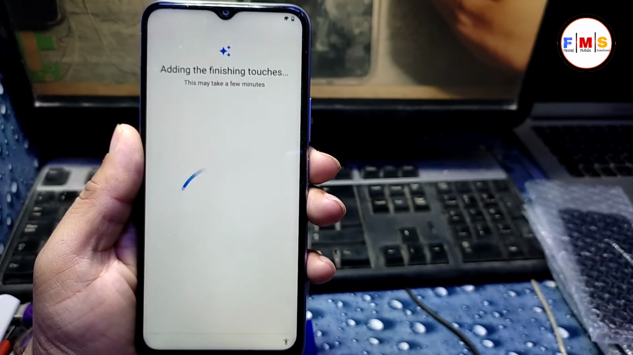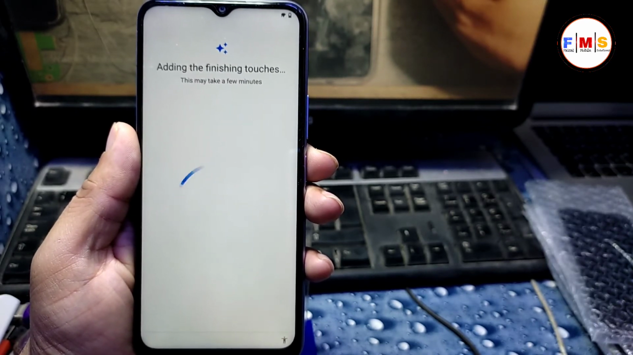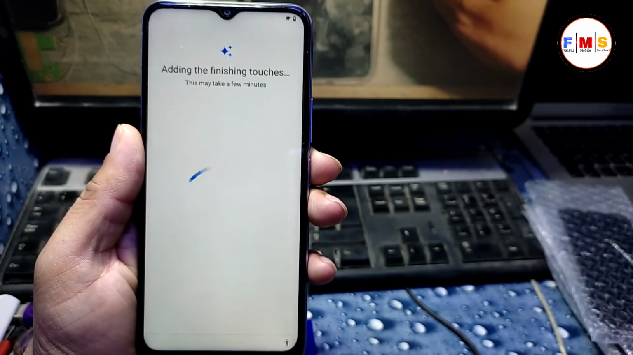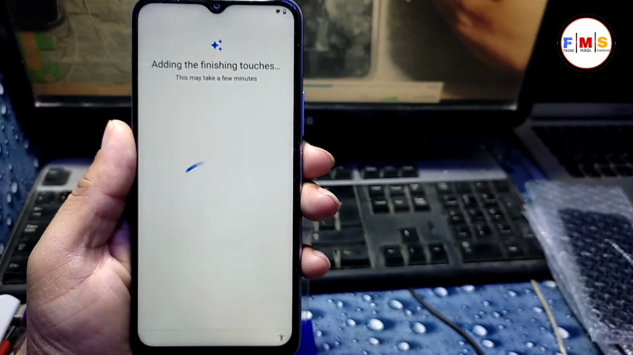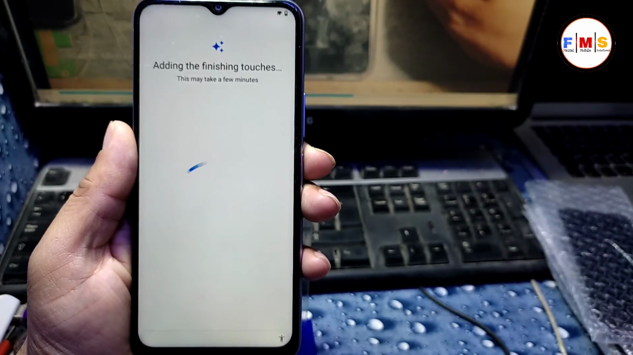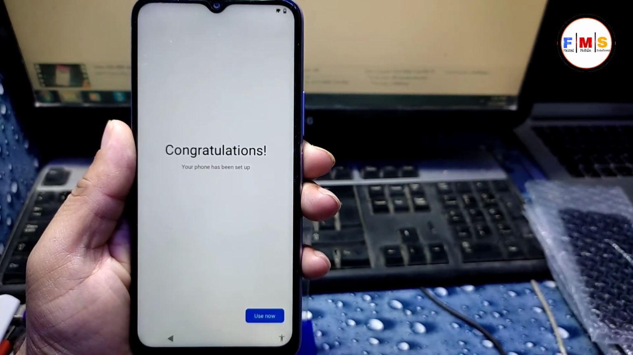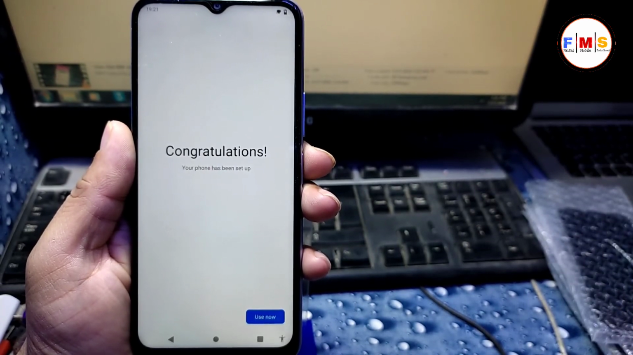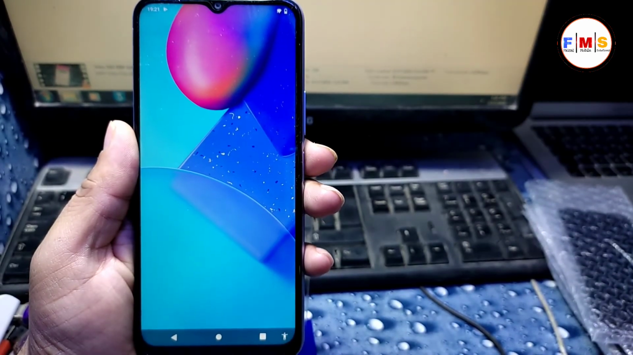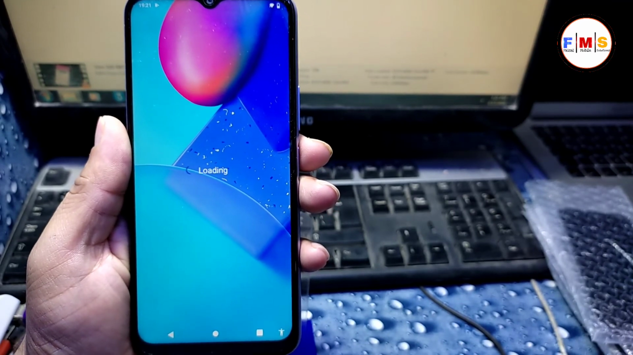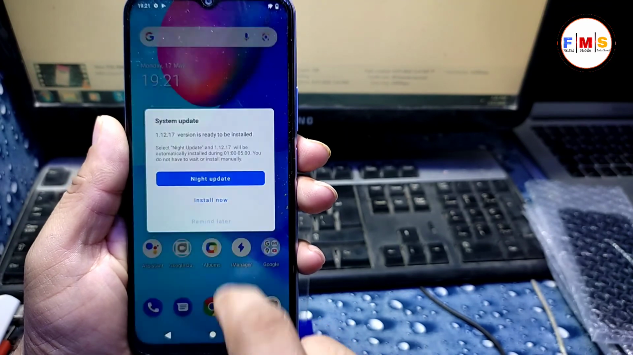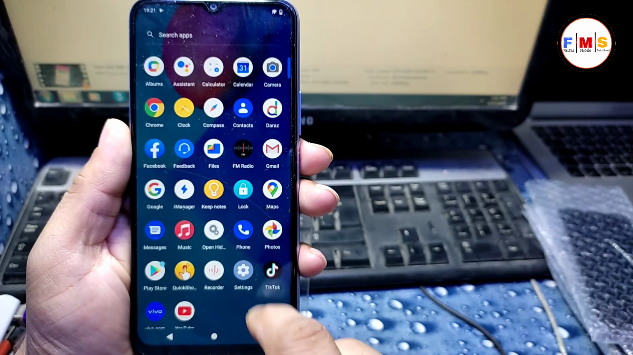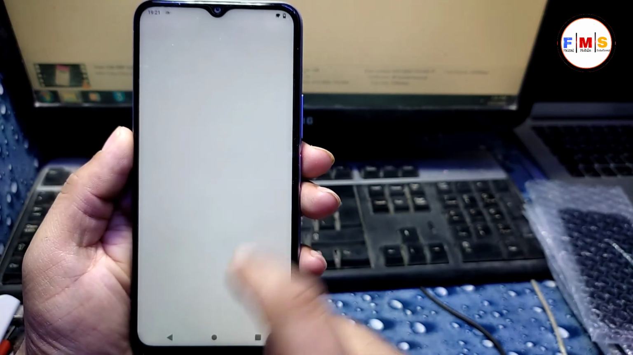okay. It will take a little bit of time over here, and it's almost done. Congratulations, our phone has started up successfully. There is no lock at all, there is no Google lock, so you can use this mobile freely. You can check its Android version,